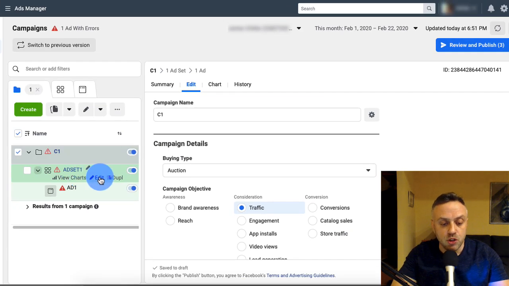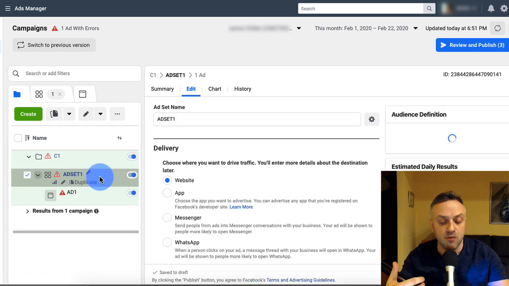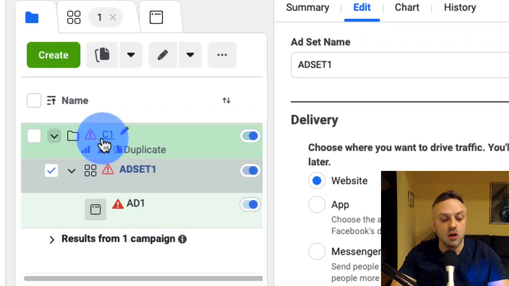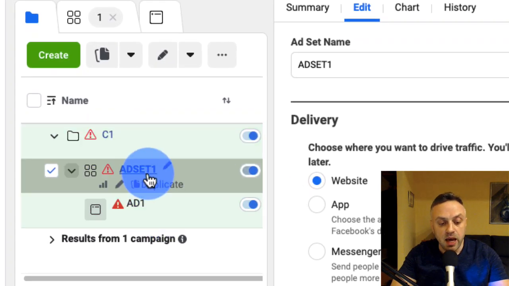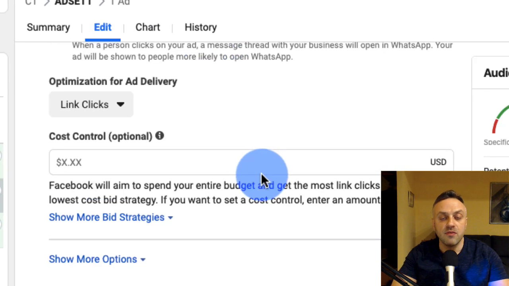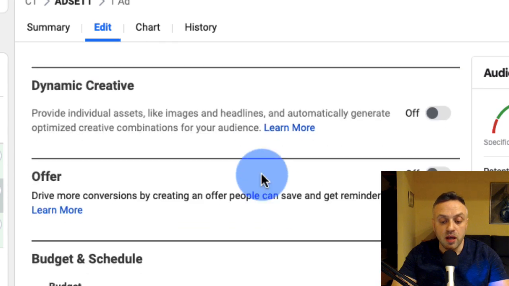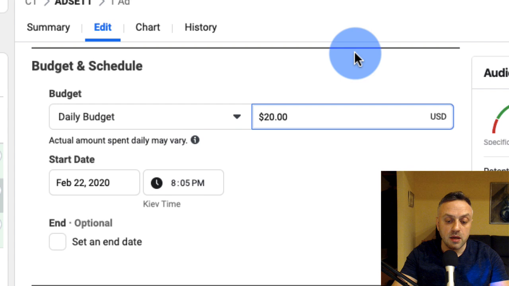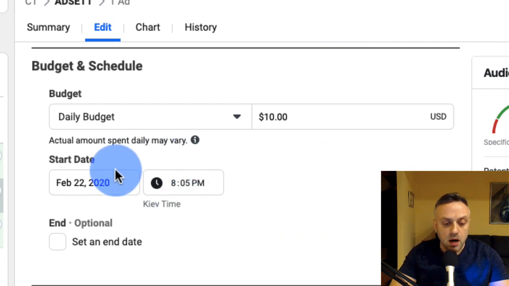The hard part and the trick is the stuff that I've been talking about before, which is the strategy, okay? And so when we click save, we basically have this tree structure. We have the campaign, we have the ad set, and we have the ad. On the ad set level, this is where you create all kinds of targeting and demographics and behaviors and all kinds of interesting things. This is where you actually find the people. You also specify the daily budget. We're going to make it $10.